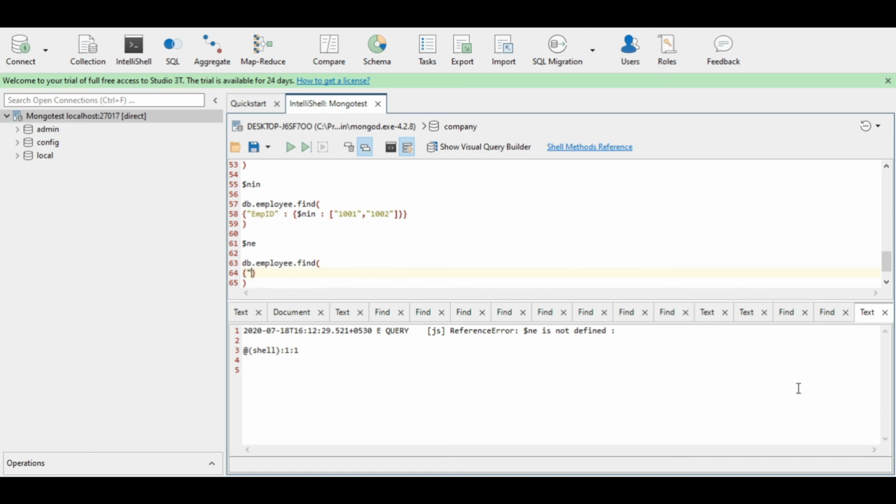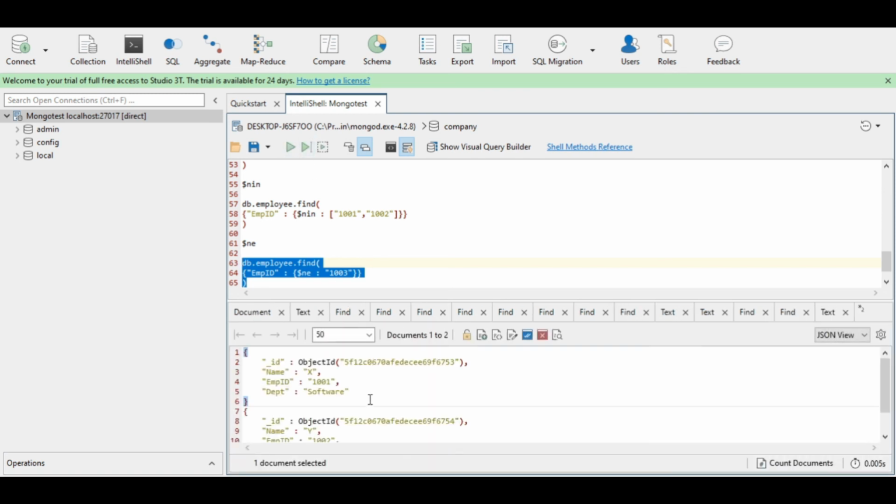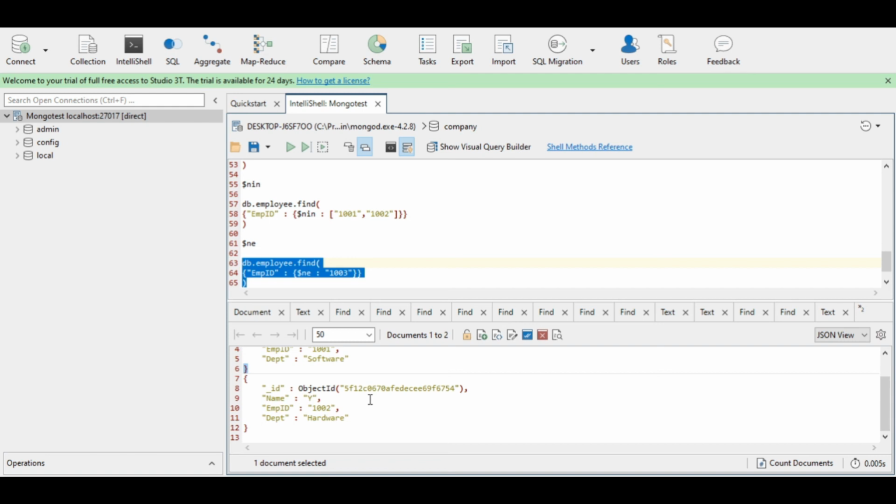The field that is to be compared is the employee ID. So empID, then again generate a pair of curly braces. Inside that $ne, and the value should be 1003. Now execute the query. So here all those documents are shown where the employee ID is not equal to 1003.